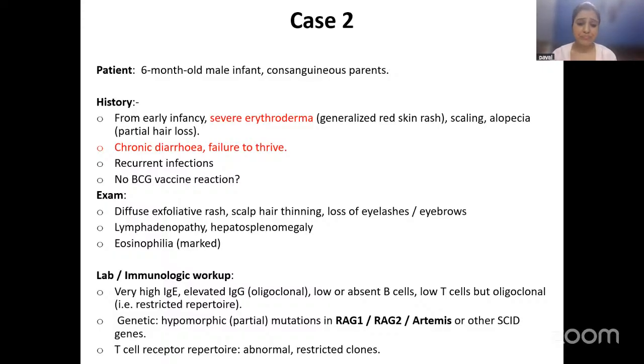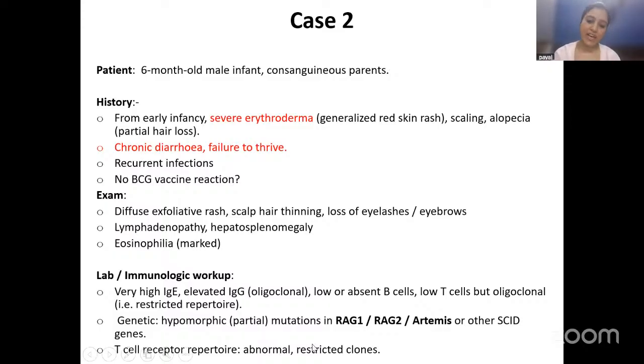So this patient actually had absent or low B cells when we did the flow, and had low T cells, but a particular subset of T cells were expanded oligoclonally. This was what we saw through the flow cytometry. When you have both B and T cells absent, you start thinking of SCID. However, in SCID, when you do a flow cytometry, you will look at CD27 and these cells may have absent representation of that. However, that was present. So we were wondering what it is, right?